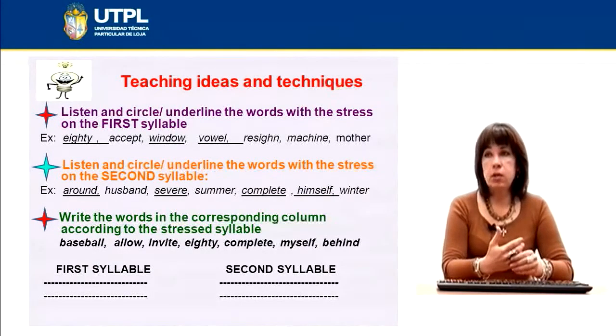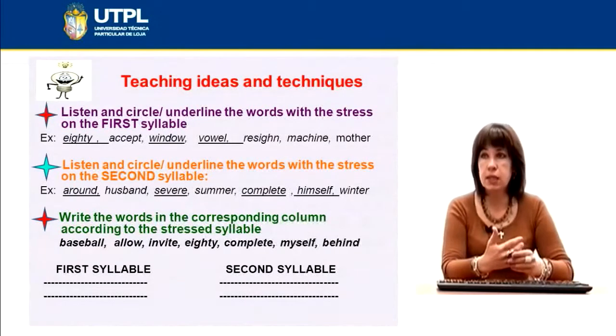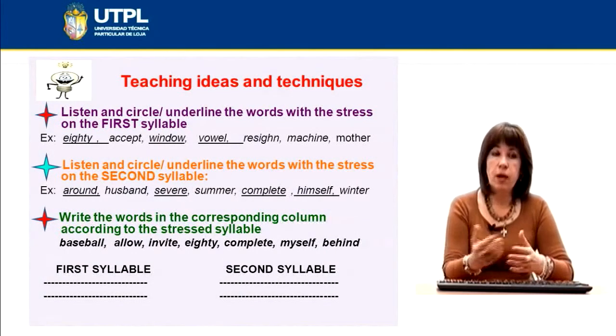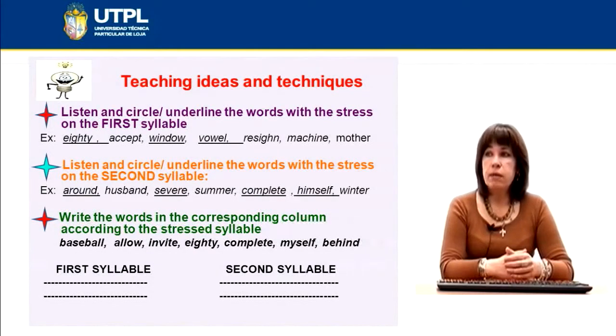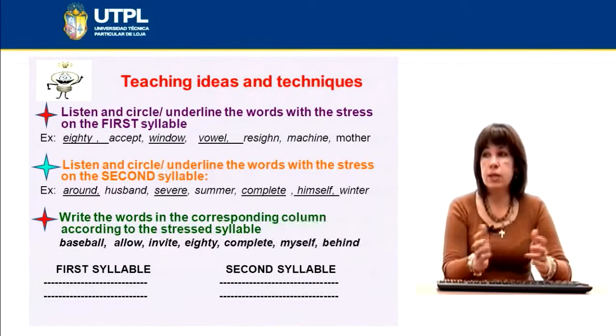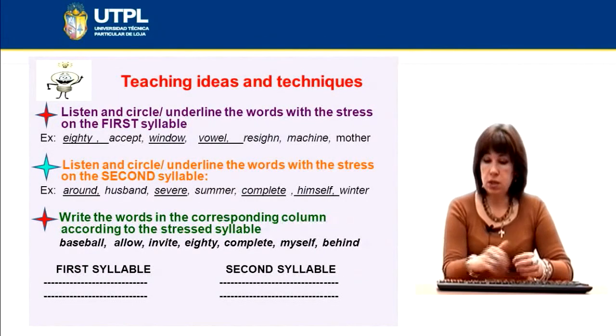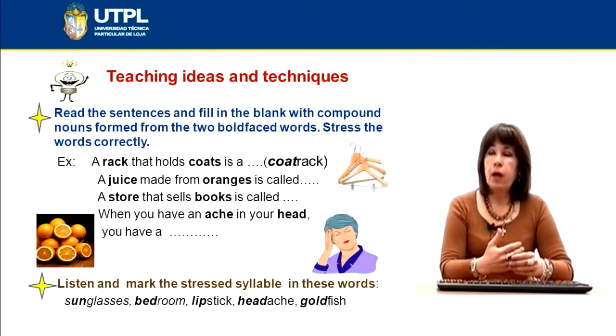Well, next activity could be listen and circle or underline words with the stress on the second syllable. It's similar, but just with words that have stress on the second syllable. And again, write words in the corresponding column according to the stressed syllable. You may present a list of words and students just have to separate them according to first or second syllable under stress. More techniques. Read sentences and fill in the blanks with compound nouns formed from the two bold-faced words,